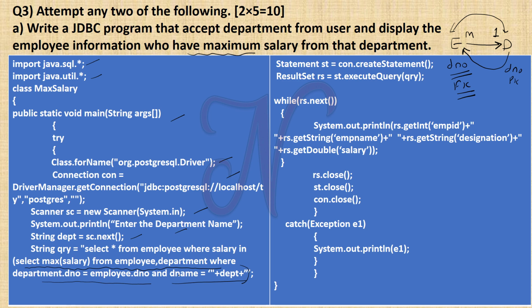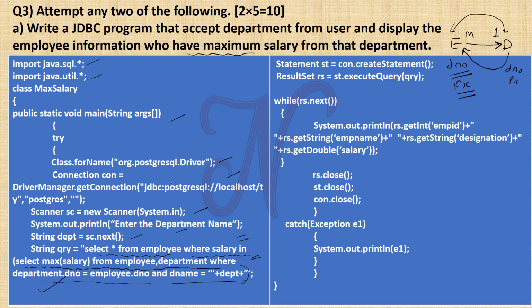So by using this query we get the maximum salary. Okay, and this maximum salary is assigned to the outer query. See here, select star from the employee means get the information of all the employees whose salary is the maximum, meaning here the salary variable is assigned the maximum, the answer of the inner query.